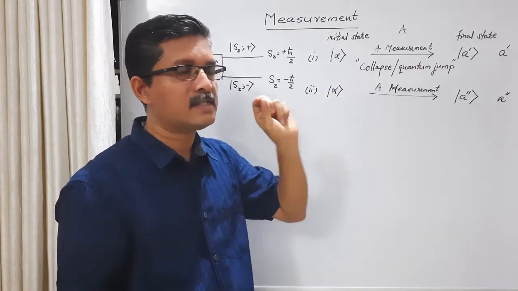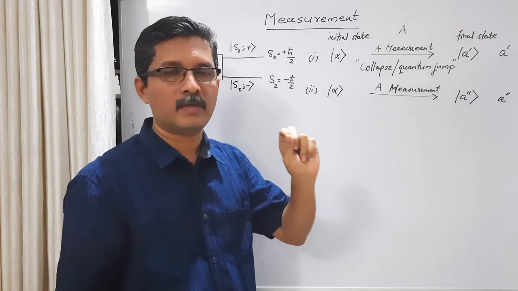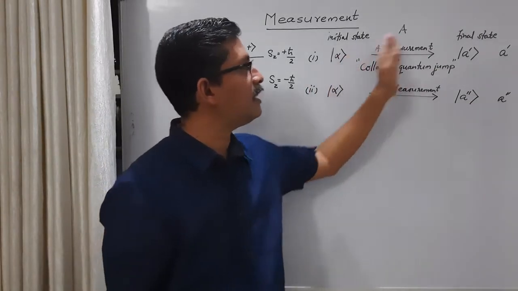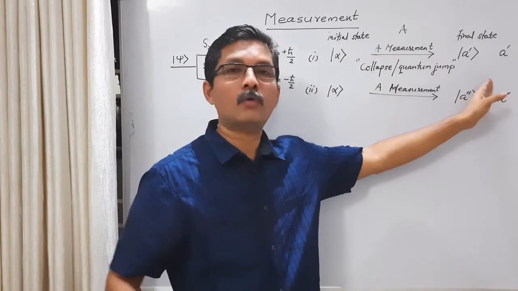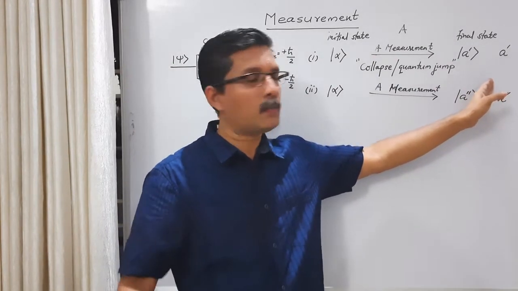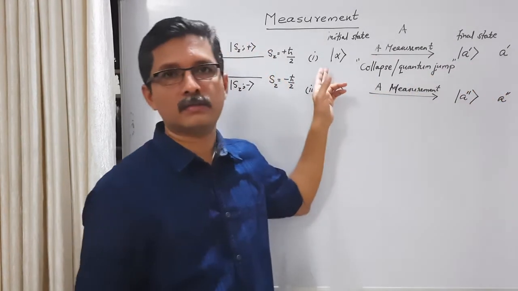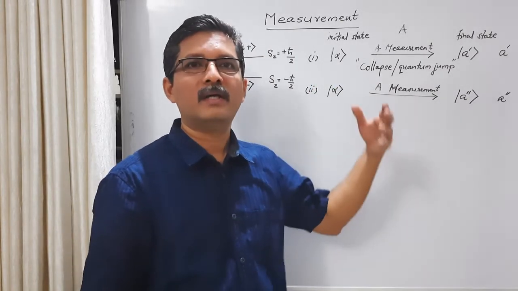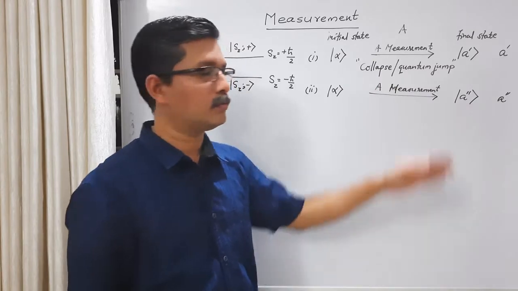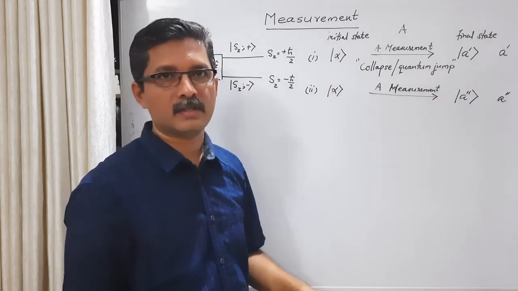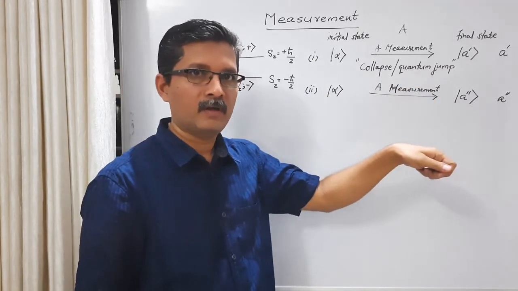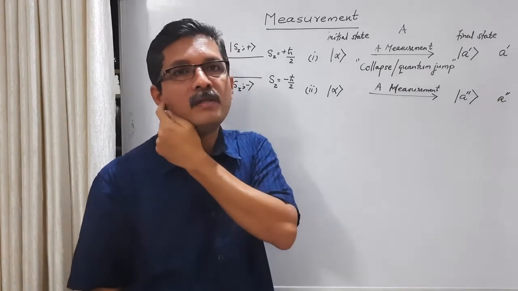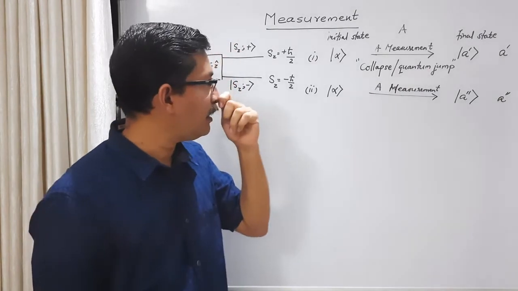If we have only a single system to make a measurement, then we know that as a result of the measurement, the state will change. Then how do you repeat the measurement? It's not possible to bring it back exactly to the initial state. Maybe theoretically it is possible, but experimentally it is cumbersome to bring it back exactly to the initial state and then restart again. So a practical way to overcome this problem is, what we do is we